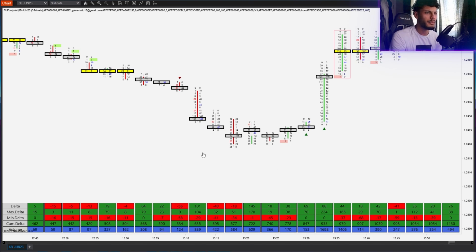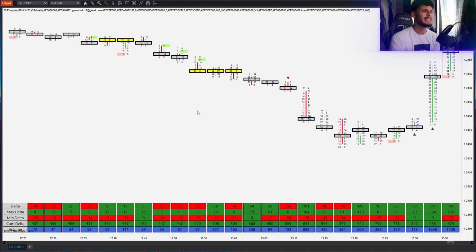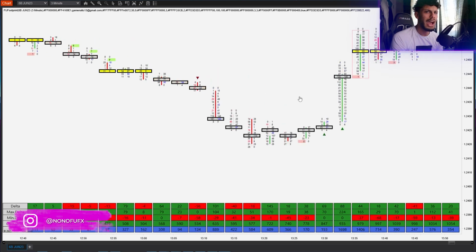So what you have to do, and what a lot of people miss out on and don't understand, is the law of effort and result. You have to be able to match the effort with the result. The result being how the candle printed in price, and the effort being the delta and the volume. This is very, very important that you have to understand this. Let's take a look at this